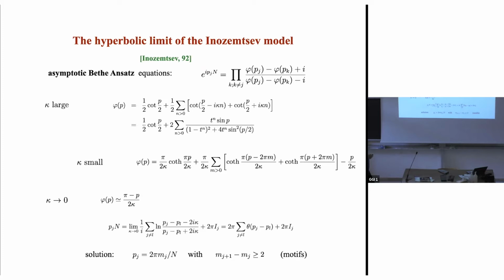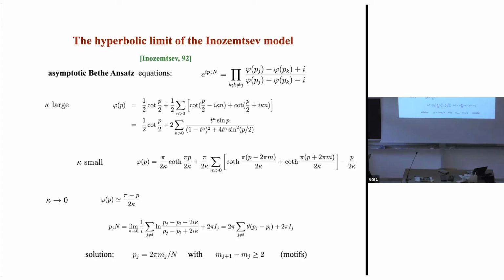Now phi of p plays the role of rapidity. So phi of p for this model is a kind of quasi-periodization of the rapidity of the Heisenberg model, which is given by this function. So there are two representations of phi of p which are adapted for kappa large or kappa small, and for kappa large, close to Heisenberg,